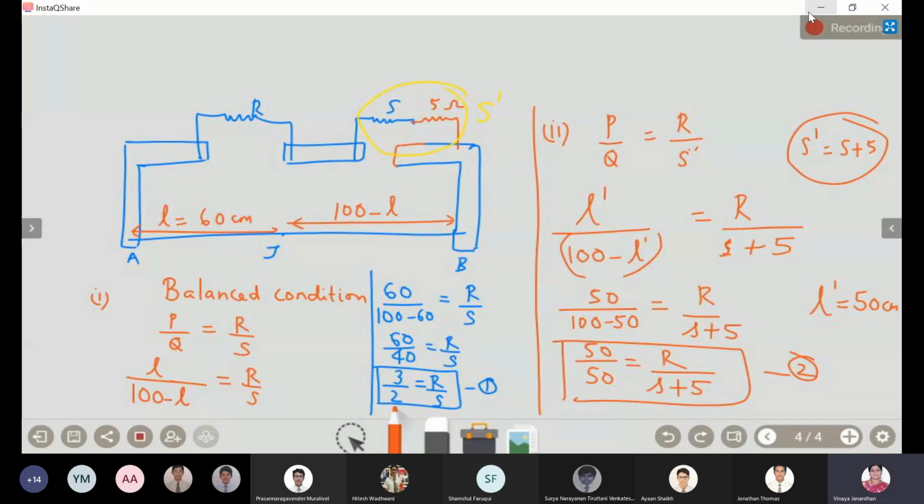R is 15 ohms, correct. S is 10 ohms. Boys, those who have completed, can you